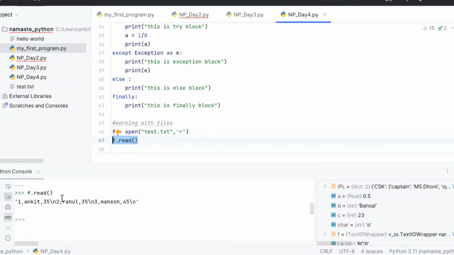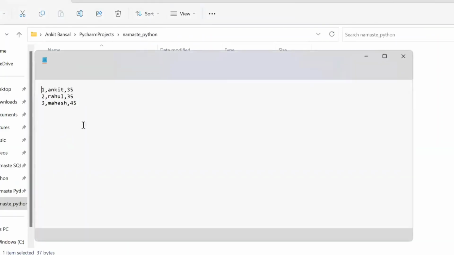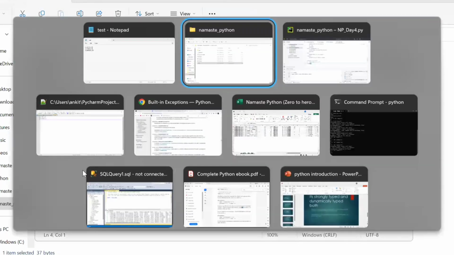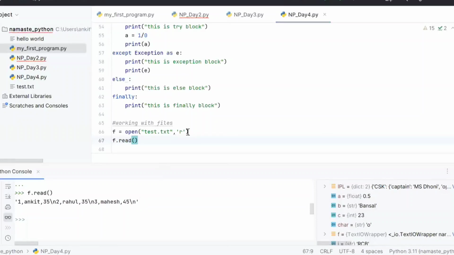One Ankit, and this is a new line character, and two Rahul and three Mahesh, right? And there was a new line character at the end as well. If you see, there is a new line after this, so that is also showing at the end. So this is how you read the full file.